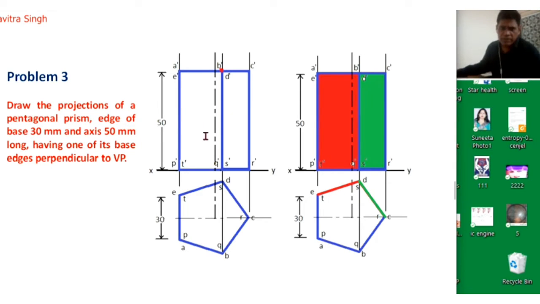So here you can see, we can see the complete surface of this pentagon from top. So we will draw first the top view. So actually this is the pentagonal shape in surface. So this is line AB, BC, CD, DE and EA. So we have taken this line EA equal to 30 mm, and all sides 30 mm,